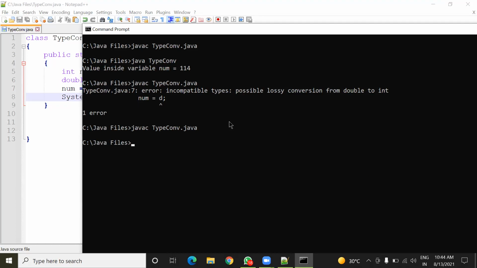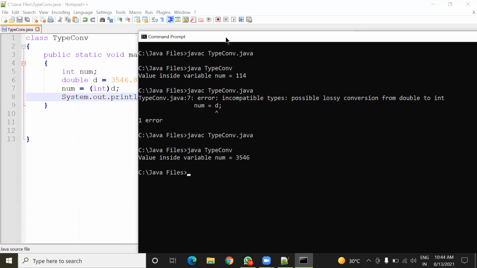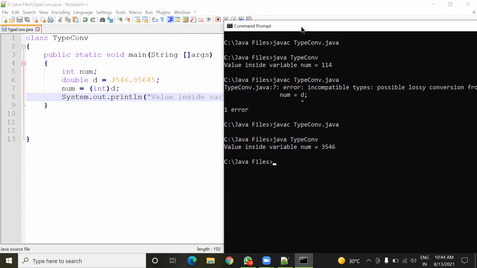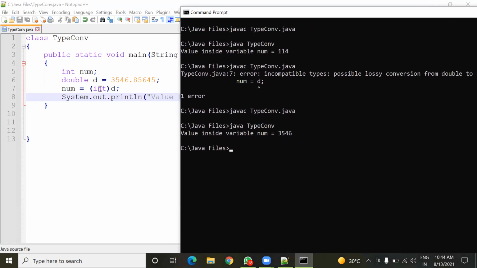Now you can see no error this time. So now let us run this program. The value inside variable num is 3546 only. But in variable D, there is also a value after the decimal, 85645, and it is now ignoring all those digits after the decimal.